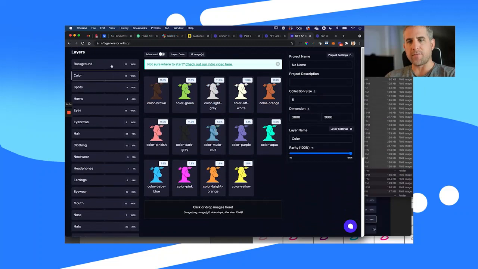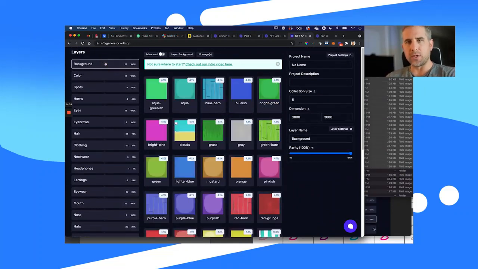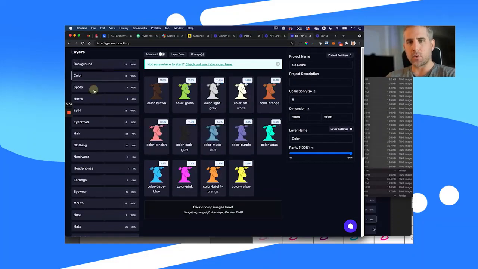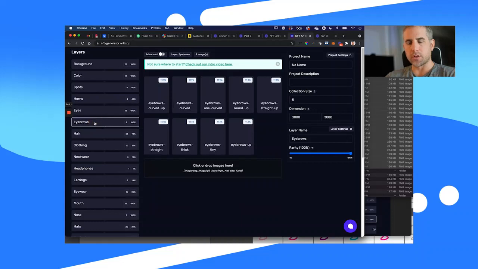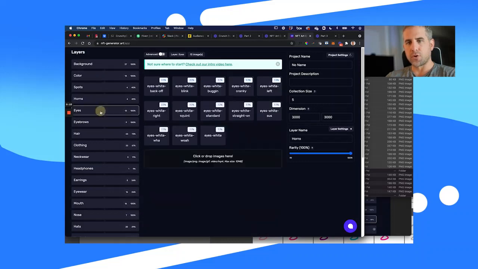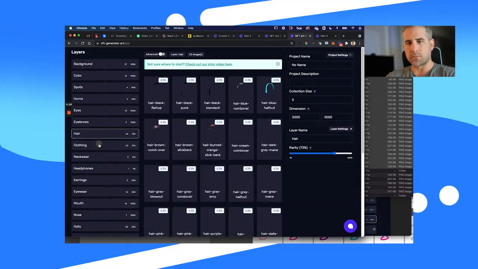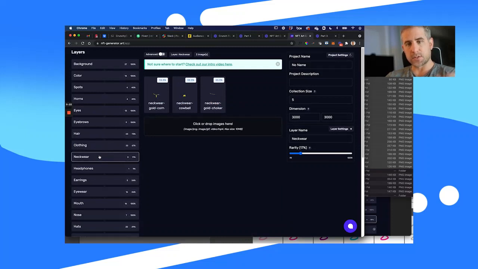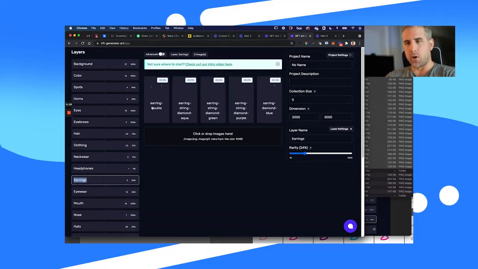I have all of the items uploaded to each group, folder, layer, whatever you want to call it. I have all my background, my colors, my spots, my horns, my eyes, my eyebrows. They're all set up. I've gone through and I've changed the rarity of each group of items. Let's call them groups of items, and within those groups, those will be items. So you can see earrings, I have them all equally set, but they will only be shown 24% of the